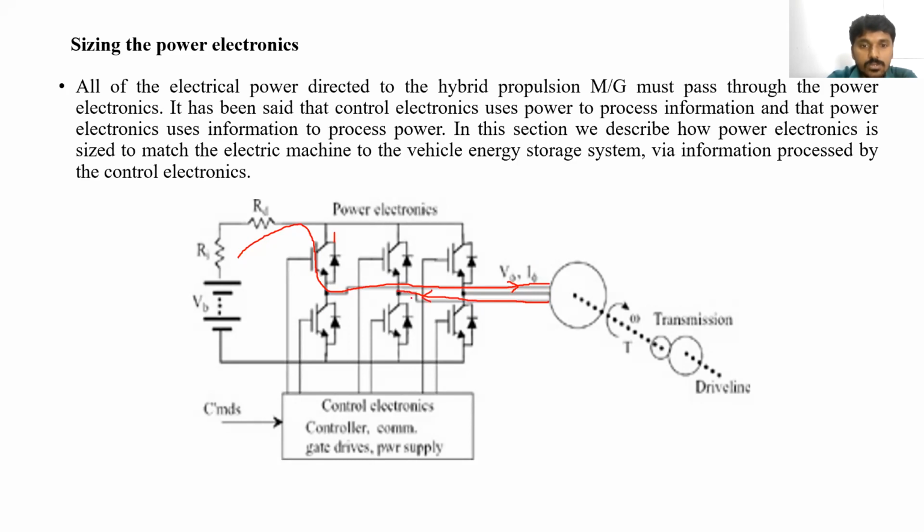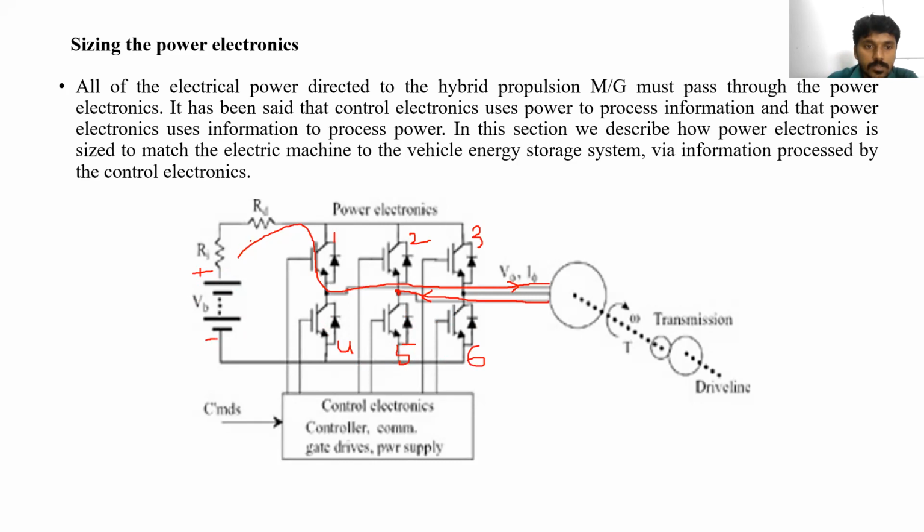So which switch should be turned on to go through the B phase? For example, this is switch 1, this is switch 2, this is switch 3, this is switch 4, this is switch 5, and this is switch 6. Which switch should be turned on in order to flow the current through the A phase and B phase? Which device should be turned on here? I have drawn the path here. The current has come up to this point. The current should flow from the positive terminal of the battery to the negative terminal of the battery.